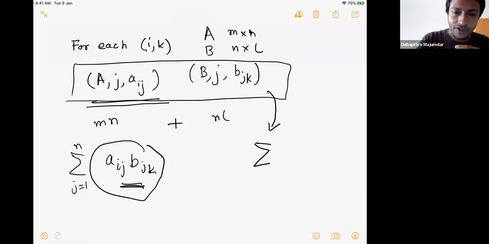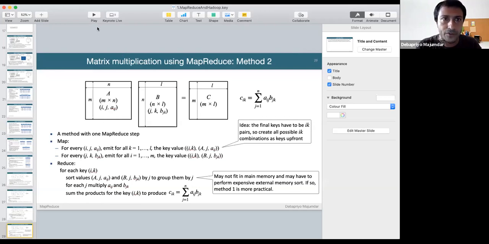In the first method, we were able to do that because we first did the join. First, j was our key, so we were able to get the required A_ij and B_jk together. But in this case, j is not our key, we have (i,k) as the key, so j's are all over the place, so you need to group the j's first. All right, if we sort first and then group by later, that would take much less time compared to just grouping by j. If you sort first and group by later, sort by what first?